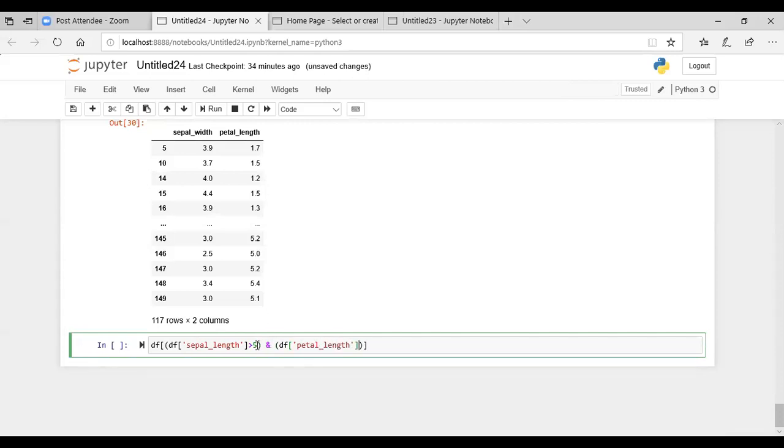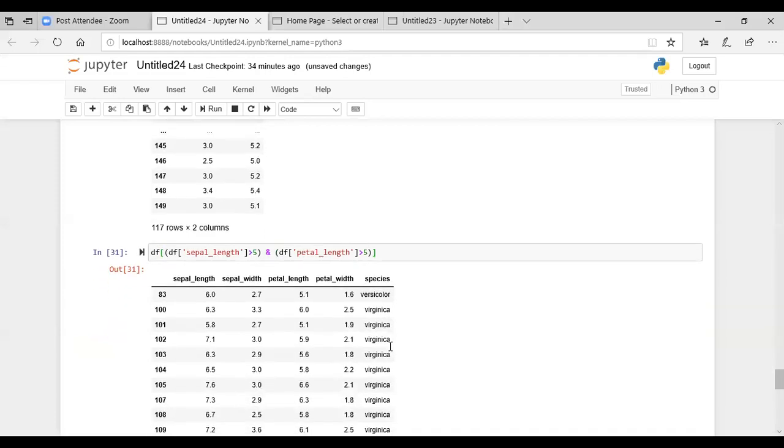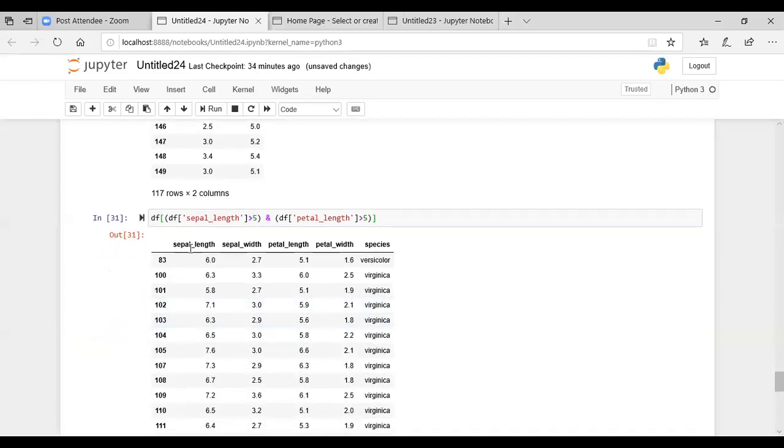This petal length should be greater than 5. So we are interested in all the rows in which the values of sepal length and petal length both are greater than 5. You can see here in the sepal length column and the petal length column, all the values are greater than 5.